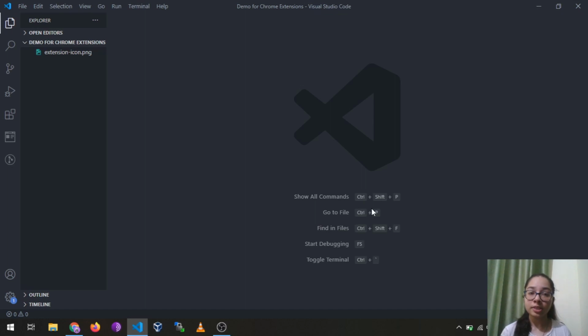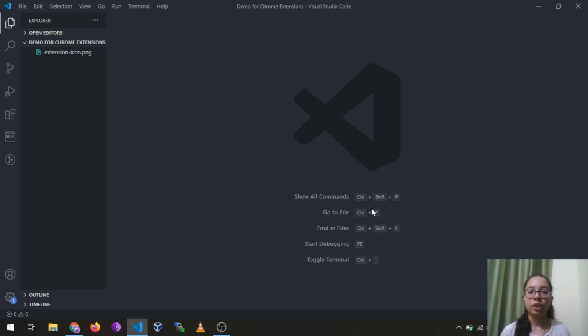The first thing you need to understand is what a Chrome extension is. A Chrome extension is a software program that customizes the browsing experience. They are built on web technologies like HTML, CSS and JavaScript. A Chrome extension is a zipped file with the extension .crx.